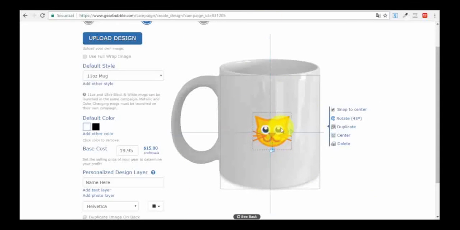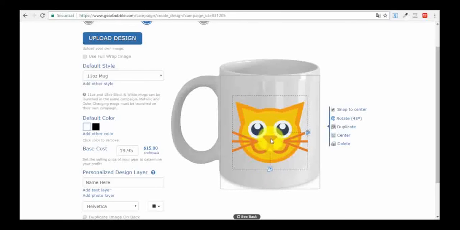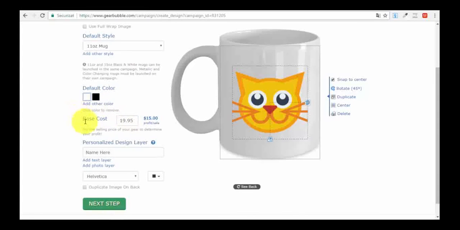Okay, now we can play around with the design. I mean, we can move it wherever we want, but we want it in center. Okay, we can rotate it if we want to. As you can see, you just have to go with your cursor over the image and you have all of these options, right? You can resize it. You just have to click here on the small icon and hold the click pressed, okay, and drag and drop to change the size. So I think this is a good size for this. Okay, we can center it, and that's about it. So this is how it will look. Okay, this is how our mug will look with the icon on it. Then you can see that the next option that you have is the base cost.